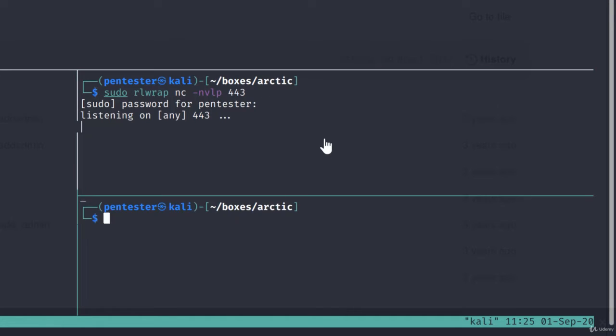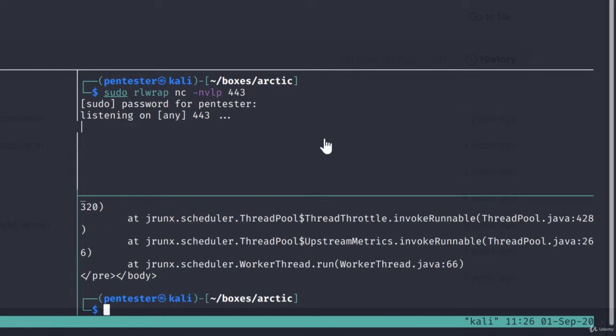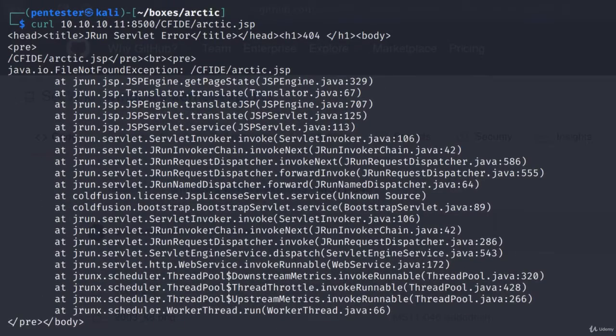Control-B, quote, curl, and this should give us the shell. Control-B-Z, let's see what happened. Well, it says file not found. That's because we need to run the task again. So Control-B-Z,